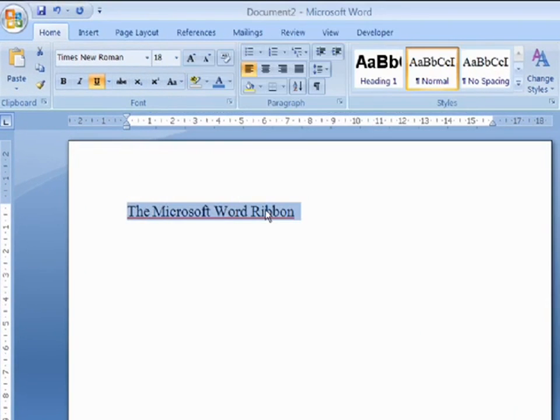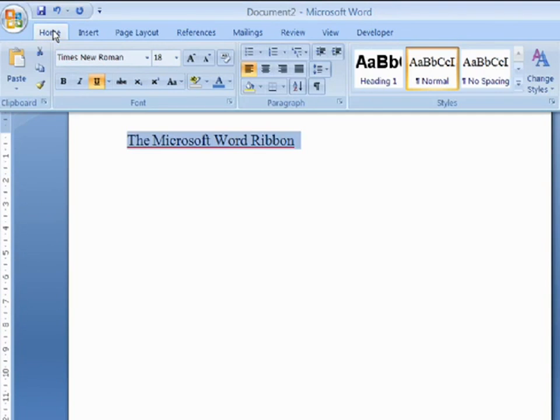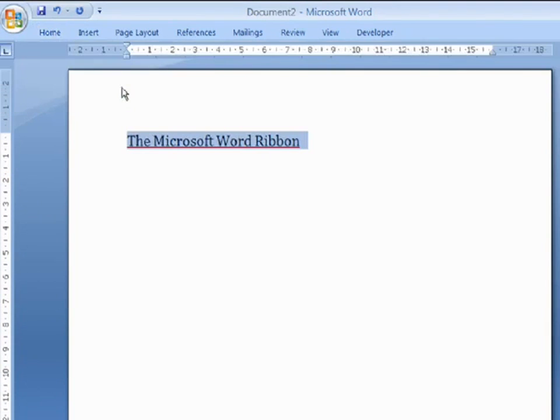The Microsoft Word ribbon takes up quite a lot of screen space, approximately 20% of the average screen. If this becomes inconvenient, you can minimize the ribbon at any time. To do this, simply double click on the name of any tab. When the ribbon is minimized, it can still be used. Simply click on the name of the tab and the options will appear once more. Once you have chosen the option, the ribbon will be minimized again. To revert the ribbon to its normal behavior, simply double click on any tab.